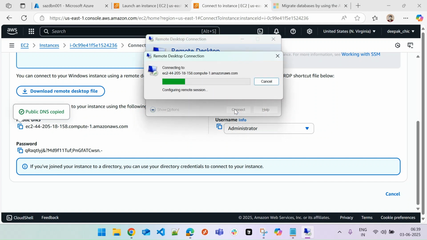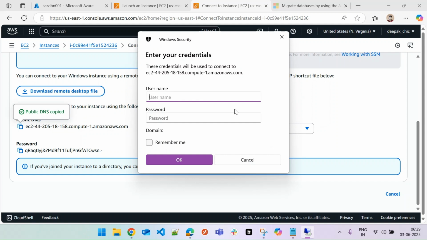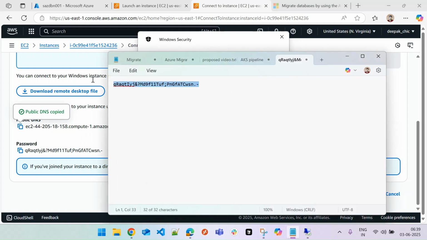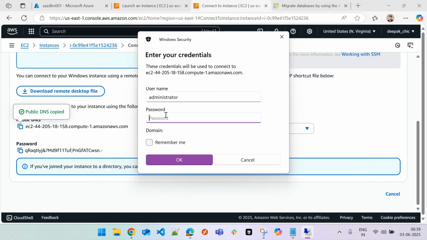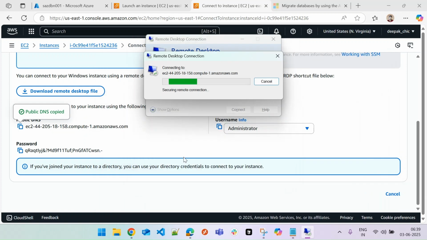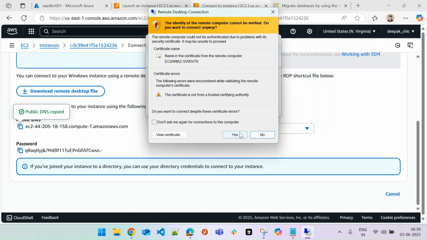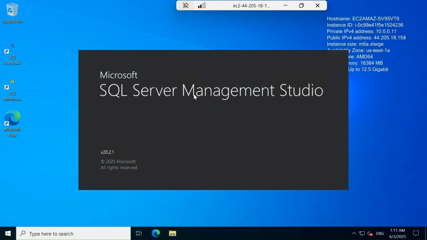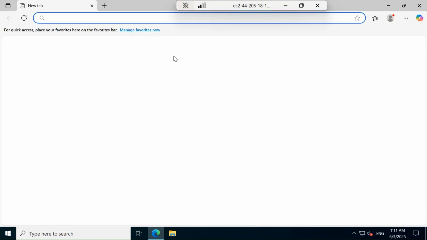Connect. Give a username, Administrator, give a password. So machine is running. I have opened the SQL Server Management Studio, and quickly, just for our demo purpose,